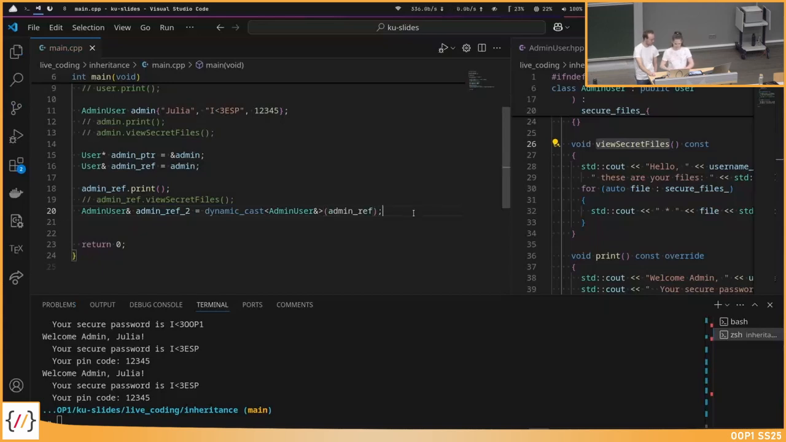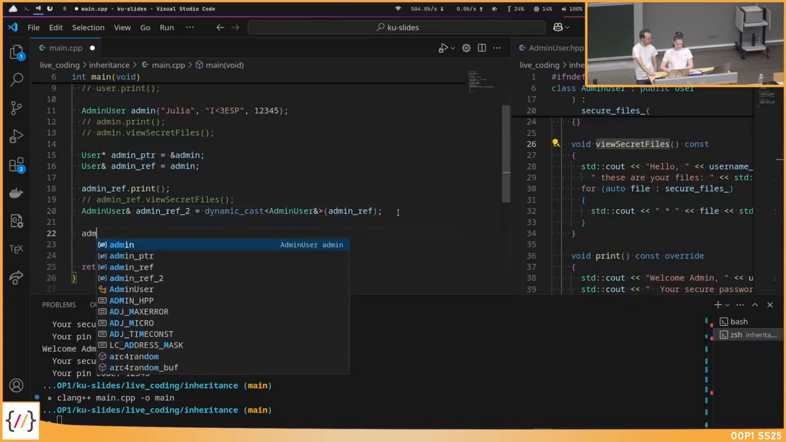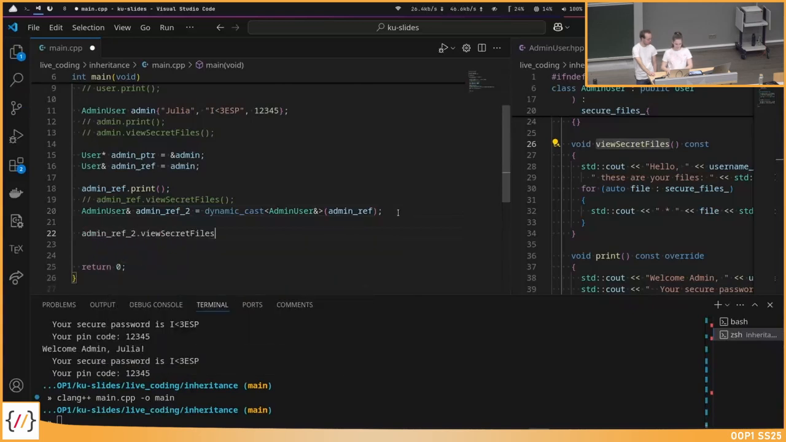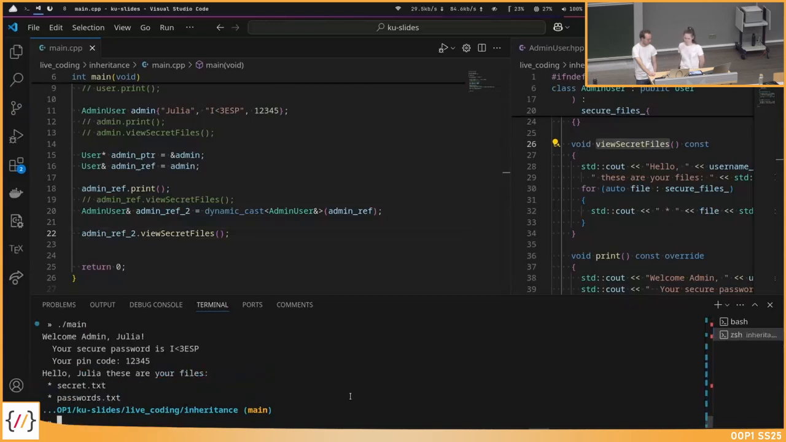So maybe we run the code. Or compile it because I do not see anything. It compiles. And now you claim that we can also call the secret file. Okay, so this also seems to work. So what we did here, basically, we first created the admin user Julia, then we cast it into a user here, and then we again tried to cast it back to an admin user reference here. And since Julia is an admin user, this also works, and we can call the view secret files function on